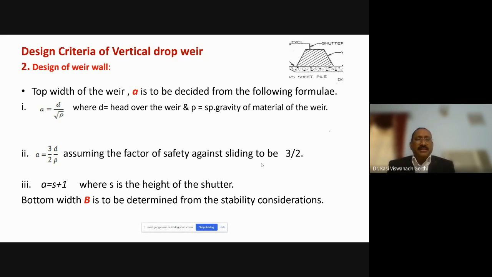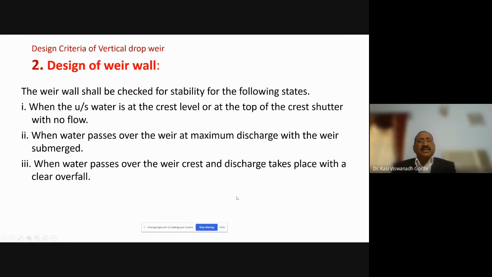Coming to the bottom width, the bed width or the bottom width is to be determined from the stability consideration. The stability considerations we have seen: 1, 2, 3. So for case 1, when you have the water up to crest level and there is no water flowing, you need to take the moment of all the forces which are acting on the section, accordingly arrive at the value of B. Similarly, case 2, when the water is passing over the weir at maximum discharge with the weir completely submerged. Once again, take that case and arrive at all the forces, moments,